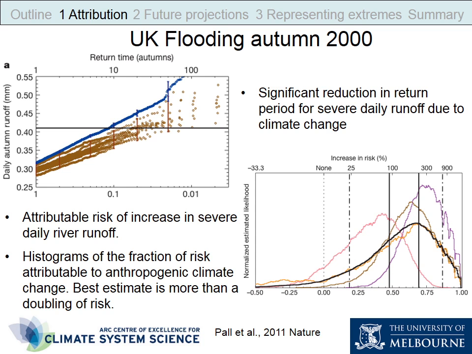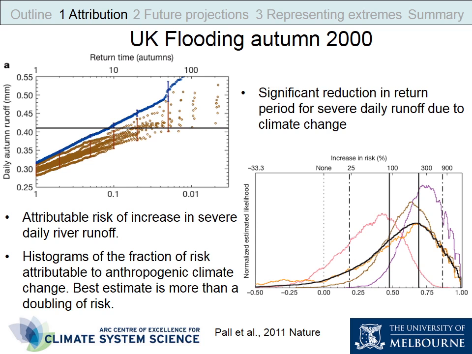And once again I have more of these complicated risk attribution diagrams that are horrible to read and explain. But this first one is showing the return time of those kind of flood events in autumn for the area, and this line here designates the flood level that was reached during the 2000 event, and this blue line coming up here shows the return time for those events for the model experiments that had anthropogenic influences, strong greenhouse gases, and then these little brown circles show the control simulation where they don't have any human influence.